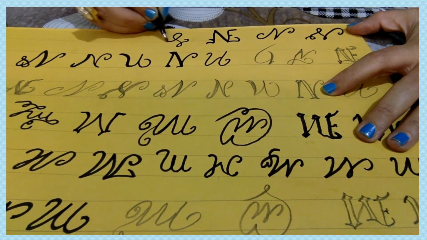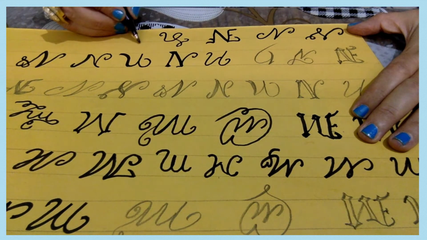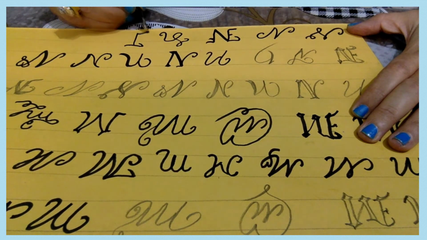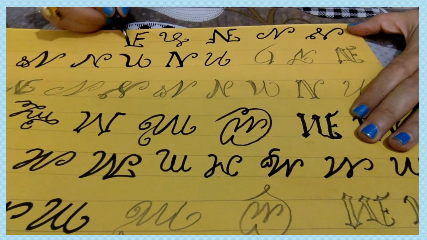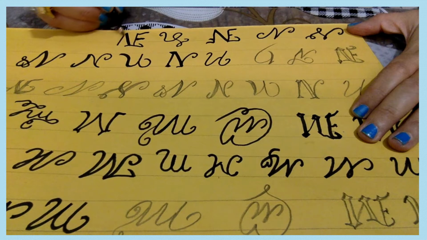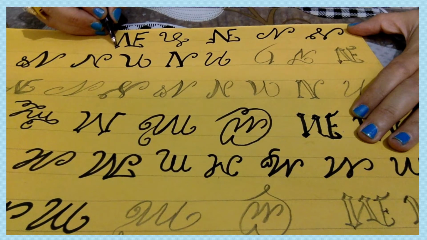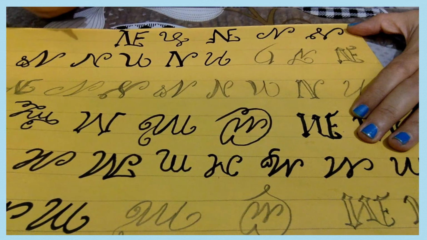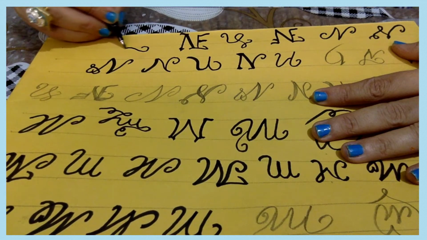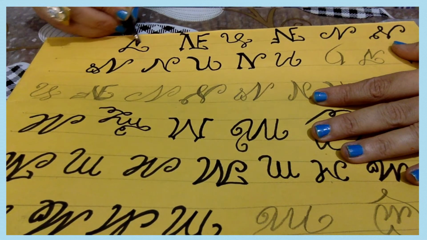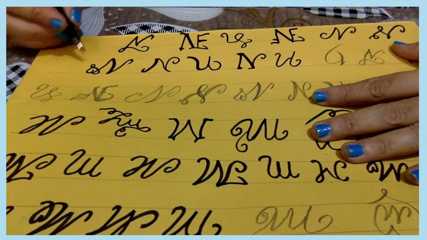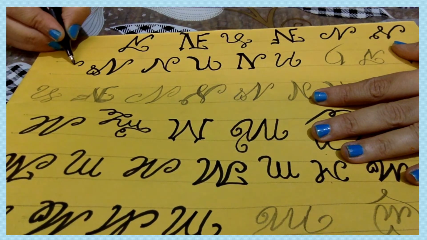letters first with the pencil and then go for a calligraphy pen or any other tool. You can go for the marker the first time or with the sketch pen. After getting hold of it or mastering it, you can use other tools also. So here I have given you so many examples of different styles of alphabet M and N. M has already been completed. Try these alphabets. You will definitely get other styles also.